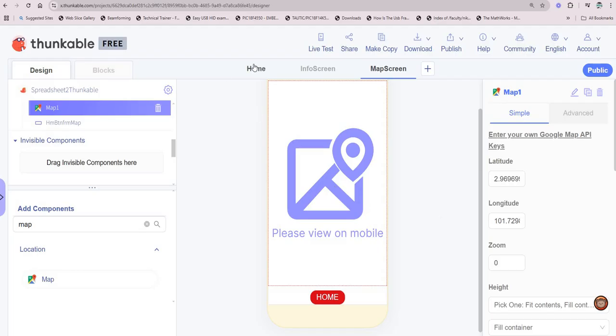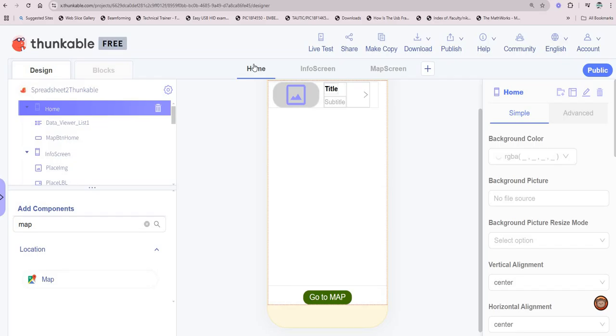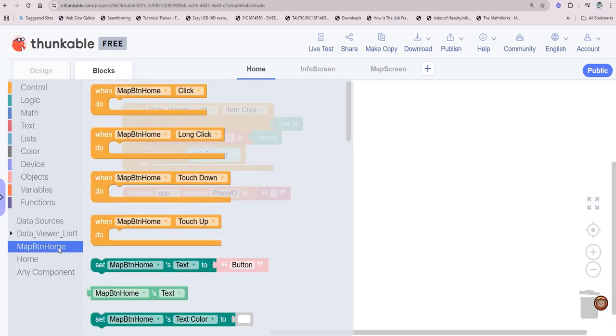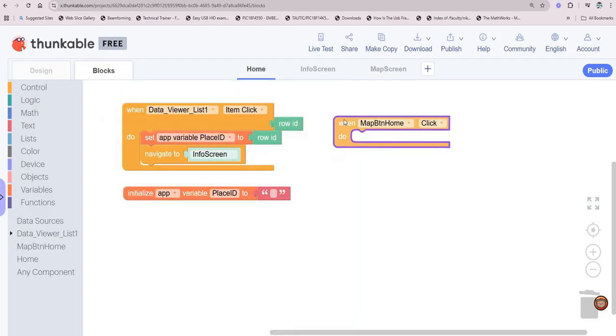So let's go back to the home screen. We want to actually add the functionality for the go to map. All right. So let's click on the block. This is the current blocks that you have. So we want to actually add the functionality for the map button home, right? So when you click on, when map button home is clicked,